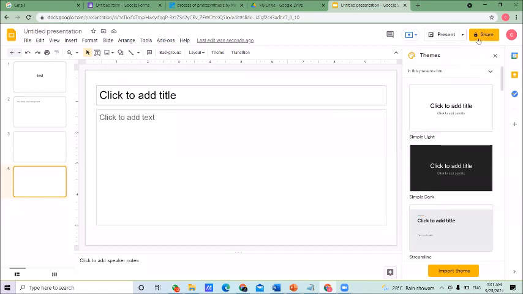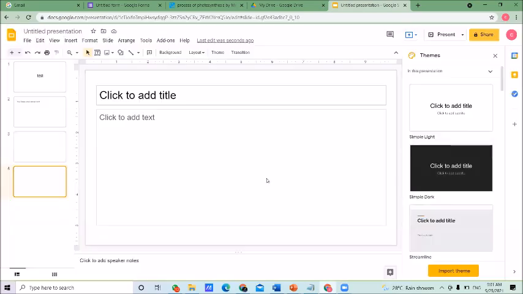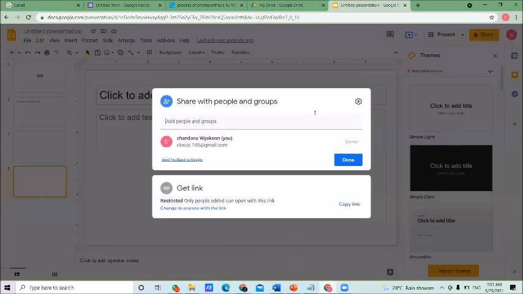In the top right corner, there is an option called Share. Then it asks for a name to save; here I skip it. Then you can see another box, very similar to the one I saw previously under Google Drive.